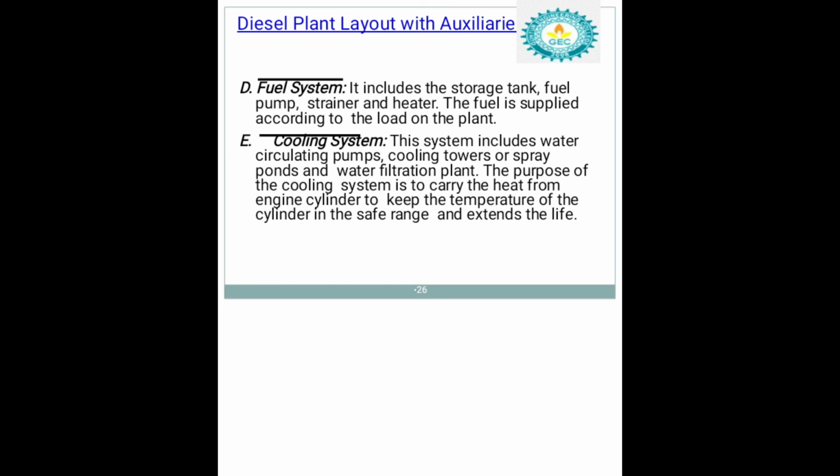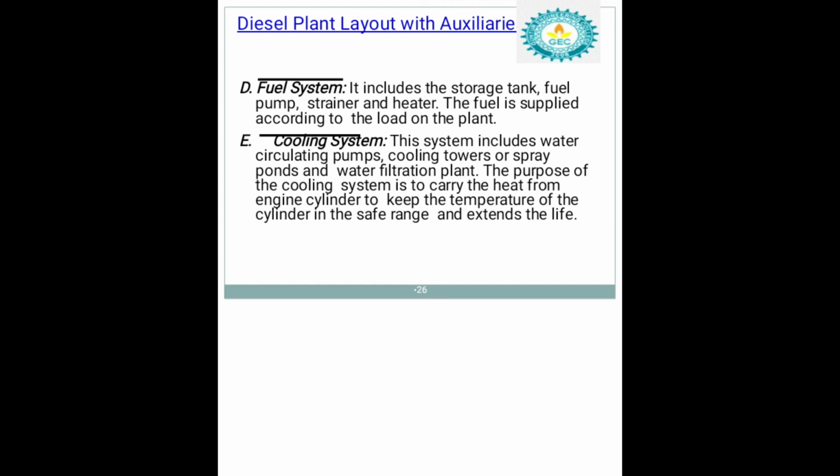Fuel system. Fuel is supplied from the fuel tank with the help of the fuel pump, which is injected to the fuel injector. In the fuel injector, the area of cross section gradually decreases, and due to that, the fuel is atomized at the end of the fuel injector, which is sprayed into the combustion chamber.